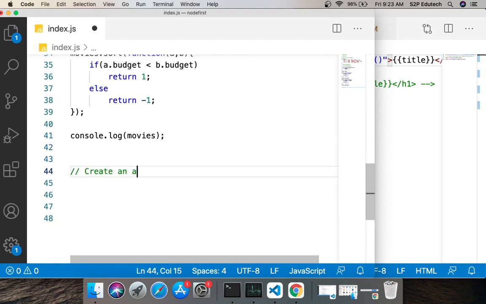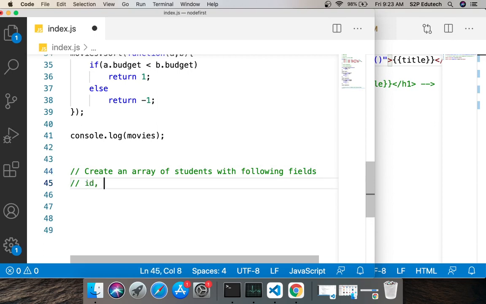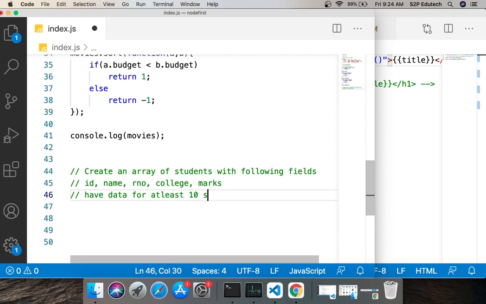So the task which I would give you today is pretty simple. Create an array of students with the following fields: ID, name, then roll number, then college, and marks. This marks would simply be the percentage marks. Then have data for at least 10 students, and then perform the following operations: sort by name,